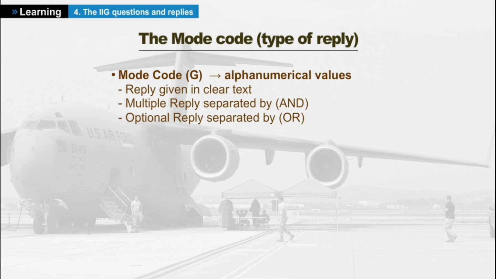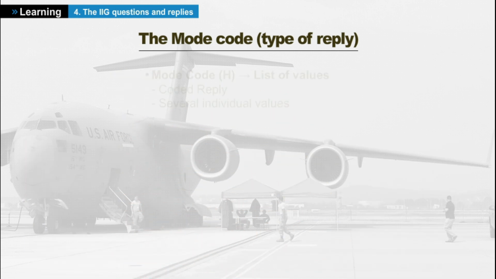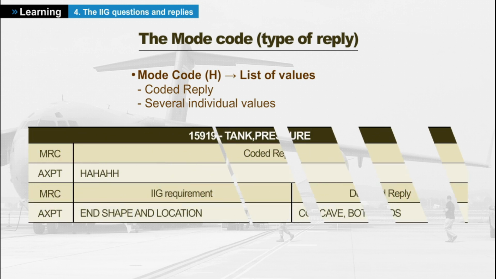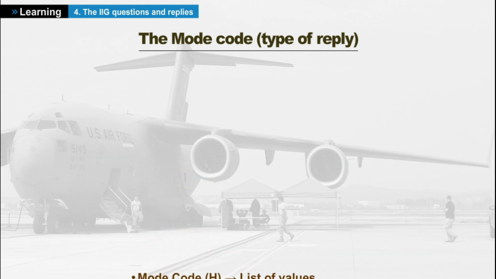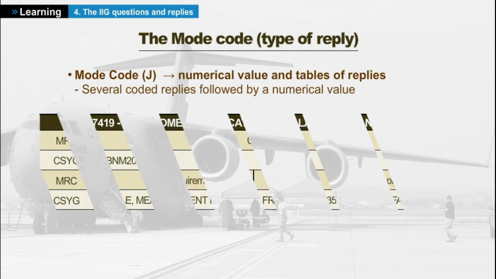Mode code G indicates that the reply is given in clear text. In case of multiple or optional replies, conjunctions should be used in plain text. Example: Mode code H indicates that the reply is coded and it consists of several individual values equivalent to the replies submitted for a mode code D. Example: Mode code J indicates that several replies are taken from different reply tables, followed by a variable length value written in clear text. Example: